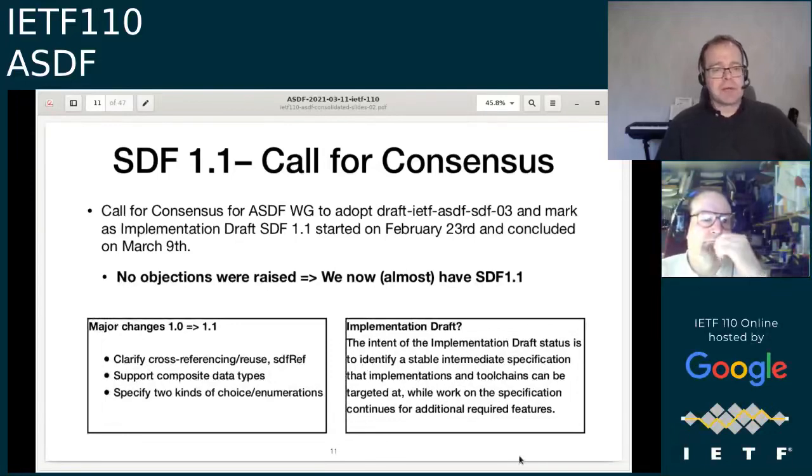Anyway, so we called for a call for consensus a couple of weeks ago, February 23rd. It concluded 2 days ago, and there were no objections raised. So we almost have an SDF 1.1. However,